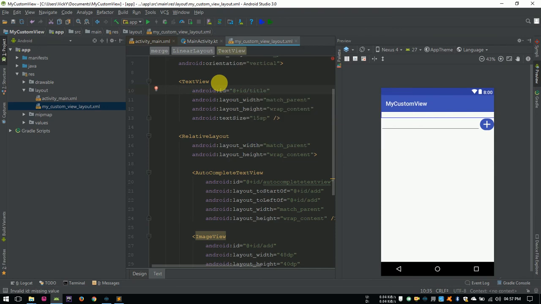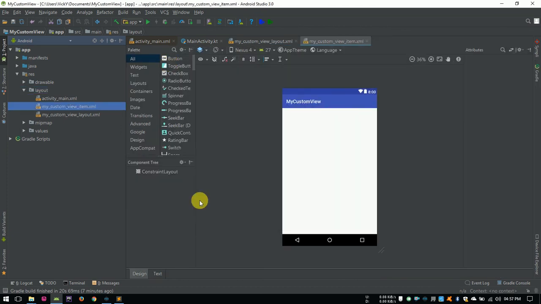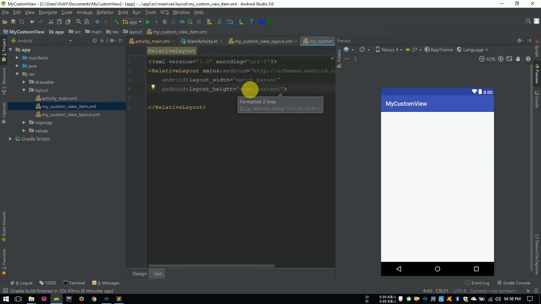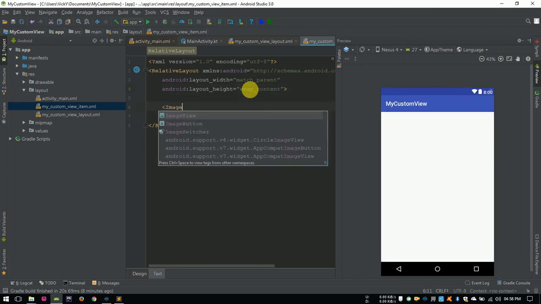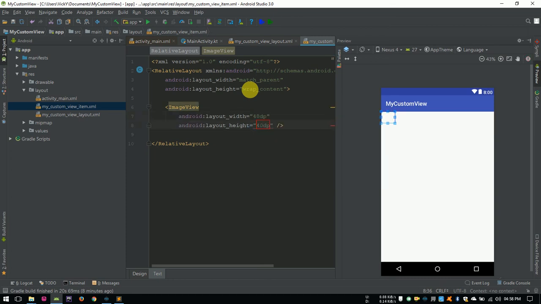Now we need to create a custom view item for displaying the selected item. So create a new layout file and give the name as my_custom_view_item. Change the root layout to relative layout with width as match parent, height as wrap content. Inside, I am adding an image view to display the delete icon with width as 48 dp and height as 40 dp.